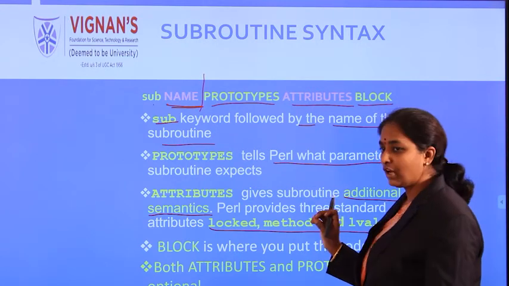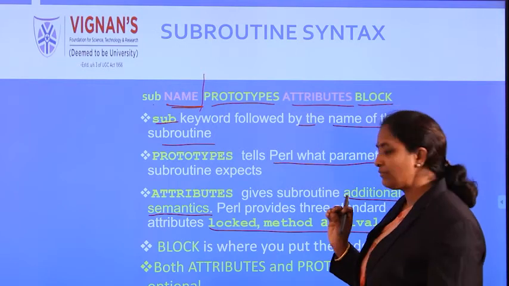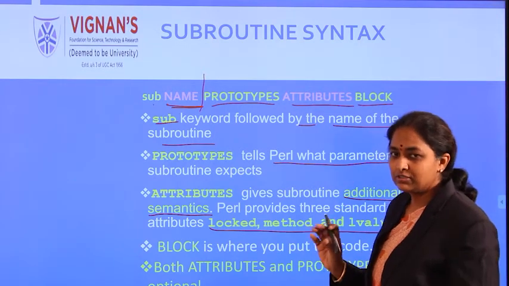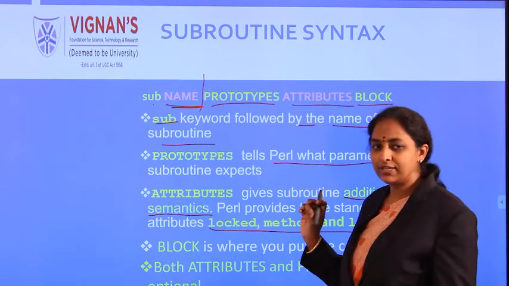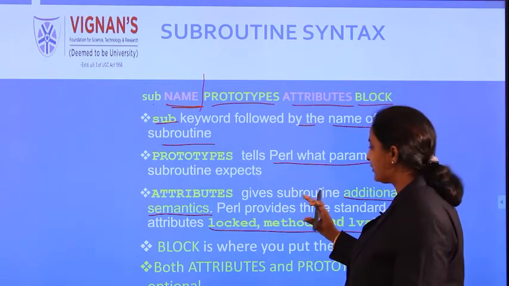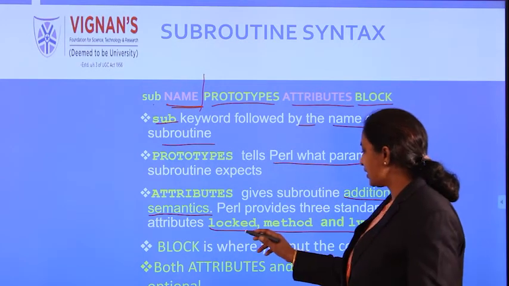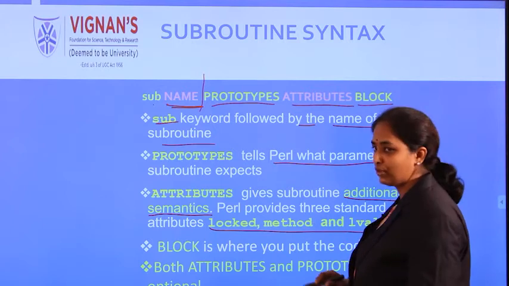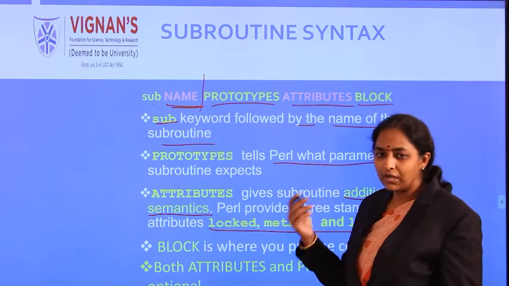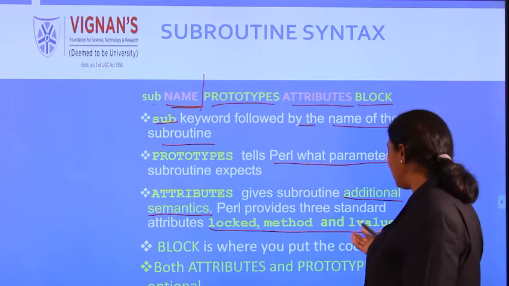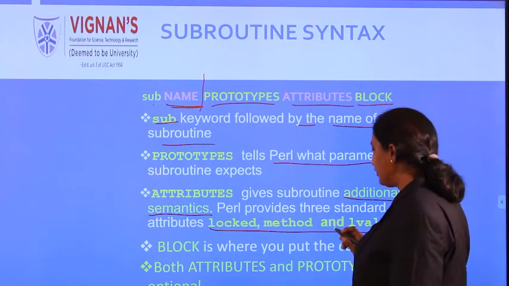Suppose you are calling a single thread or multiple threads. Perl is having the same capabilities like Java. In Java, you are having thread programming; in Perl also you can write the threads. Within the function, if you want to send multiple threads, locked and method will be useful. L value is useful when you want to change the arguments type, when you want to modify the arguments.